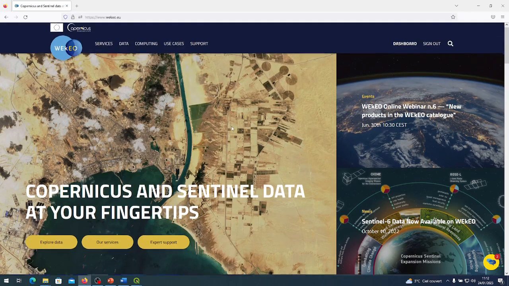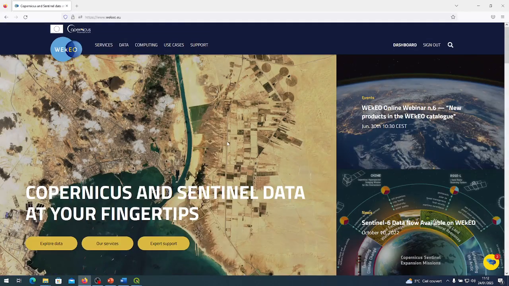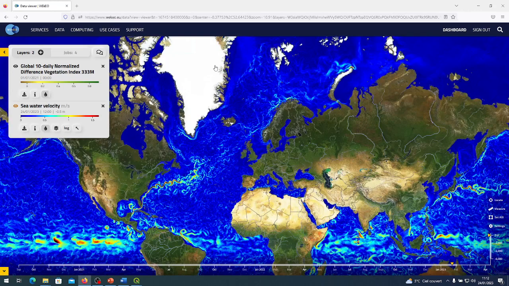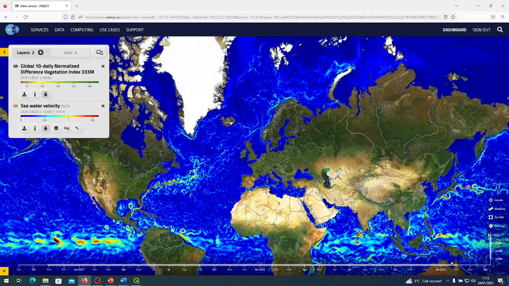And here you can see a lot of information. You can scroll through the site, browse through the site, and see a lot of examples, information, pictures, data, and so on. What we're going to do is go to the tab Data. And here we see the data viewer, a very nice interactive way to see different data sets and also to play with them a bit, to represent several of them at the same time, to layer them,